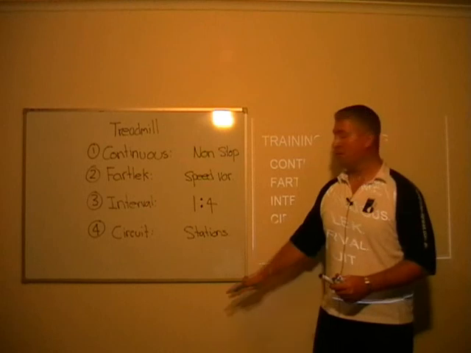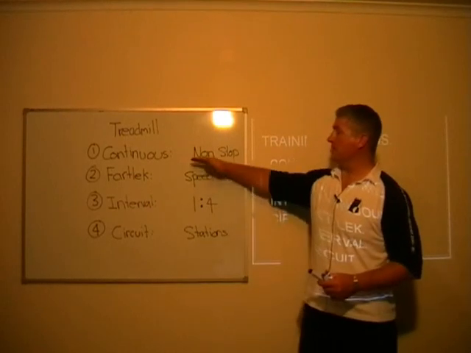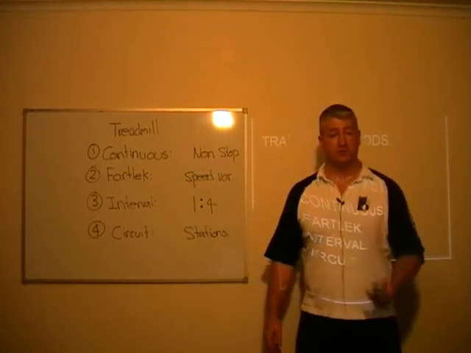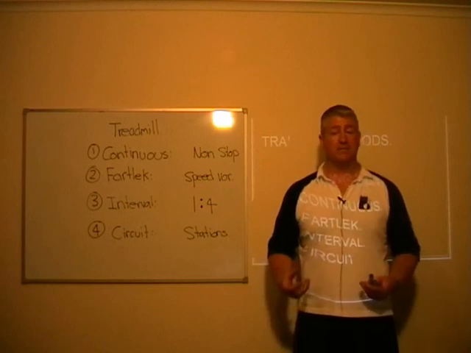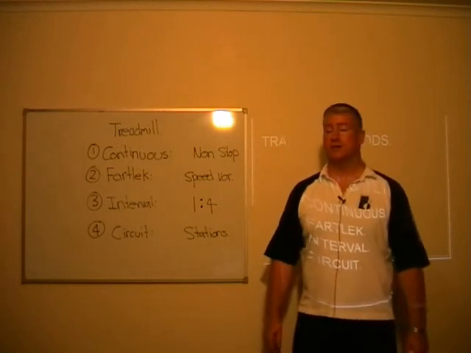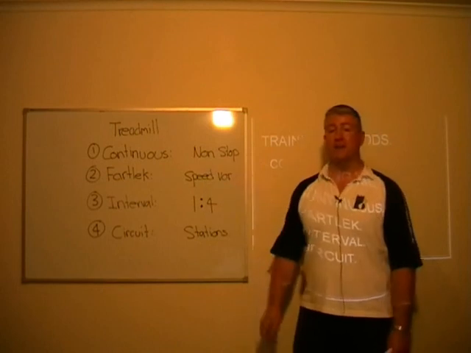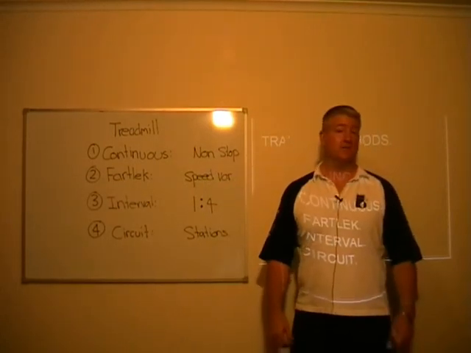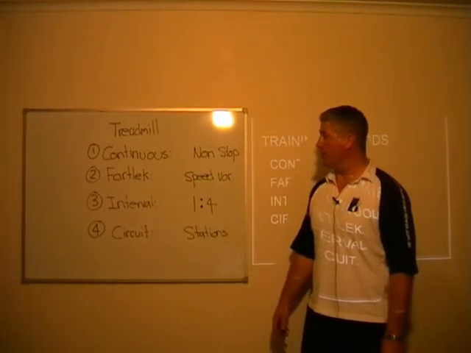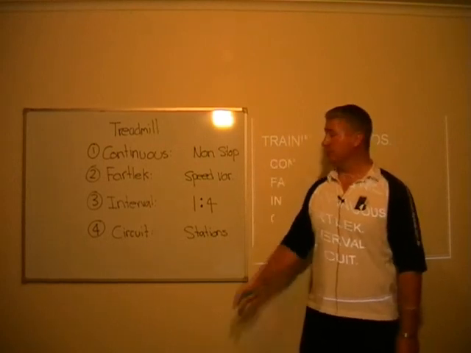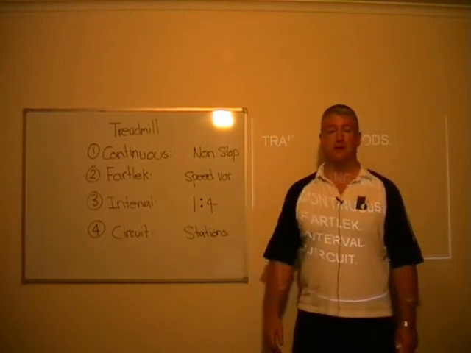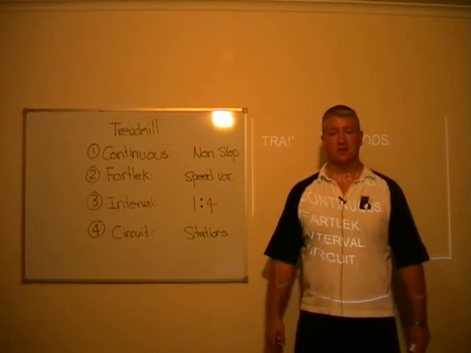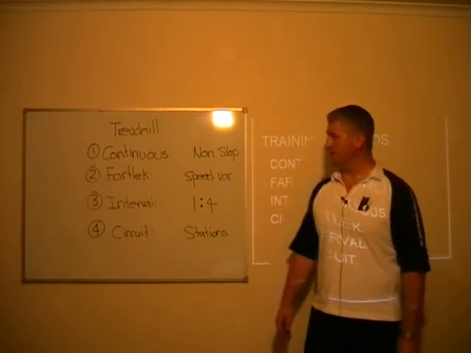Now, as I implied before, circuit and continuous training methods are probably more suited to the beginner as their body adapts and becomes more accustomed to exercise. Interval and fartlek training can be used after, say, 6 to 8 weeks when they're more developed, to apply intensity as a form of progressive overload, and to change the exercise so it keeps freshness and avoids training monotony.